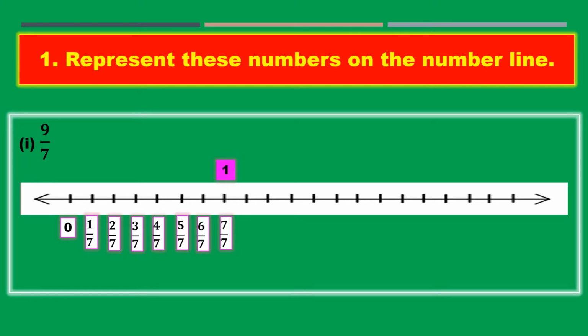At 7 by 7, when the denominator and numerator both are same, you'll get 1. Where you'll get 2? Here we are taking denominator 7 means you should take 7 table. 7 2s means 14. At 14 by 7 you'll get 2. But not necessary. 9 by 7 means if you take till 10 by 7 it is enough. Okay. So 8 by 7, 9 by 7, 10 by 7. So here he asked 9 by 7. So we represented 9 by 7.